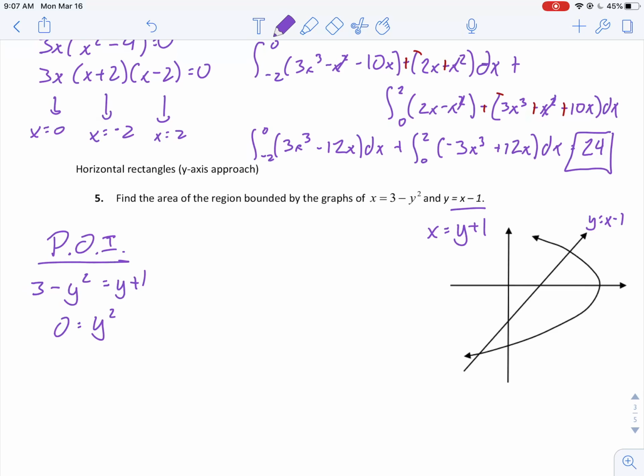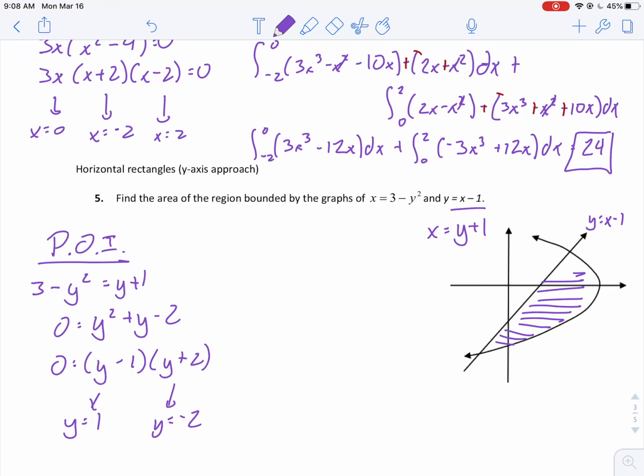And again, I'm going to move everything to the right hand side and factor, which will yield y equals 1 and y equals -2. So now what I'm going to do is add up the areas going vertically from -2 to 1 in the y direction. So what I have here is,